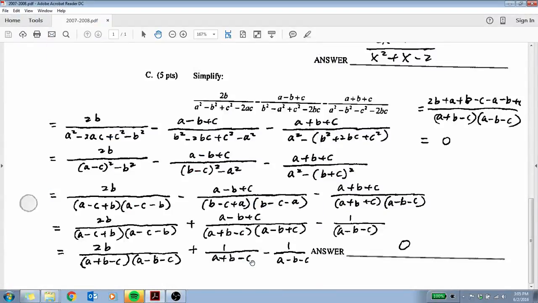In this problem, we're trying to simplify these three fractions. To do this, a technique we're going to use is looking at the denominators. Notice we have 4 terms for each denominator here. So for each one, we can try to regroup to find things that will factor